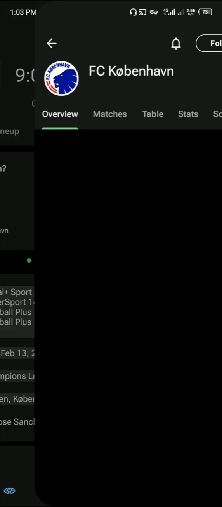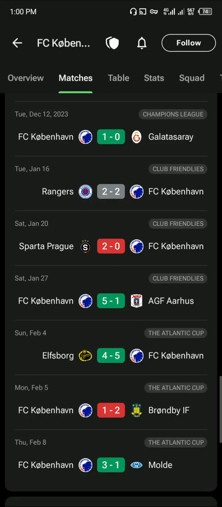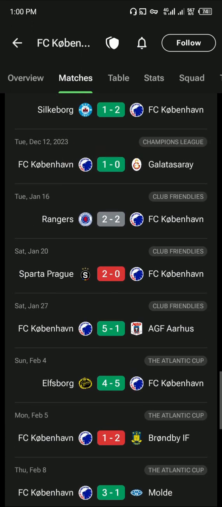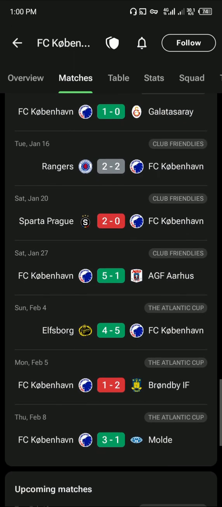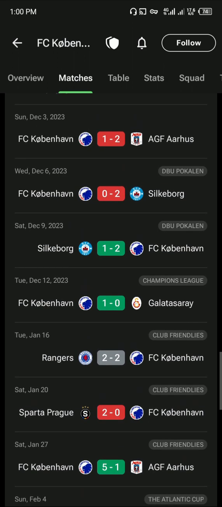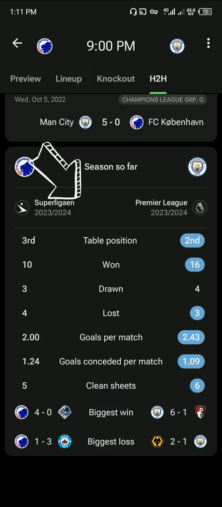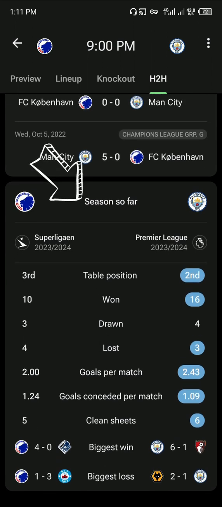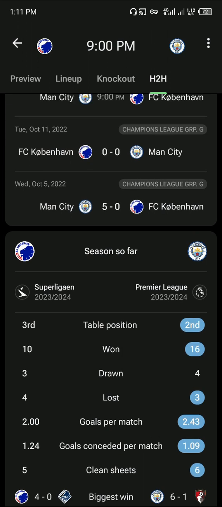And the fifth tip here is offensive and defensive performance. So it's good to assess the attacking strength and defensive ability of each team. We take a look at their goals scored and goals conceded statistics over the course of the season, not just their past match, but of the season.